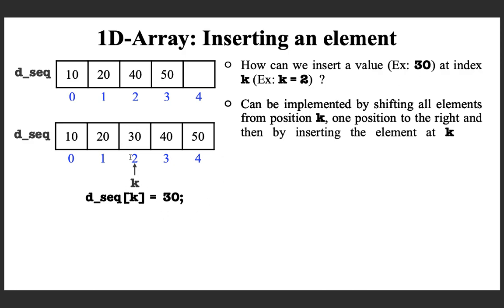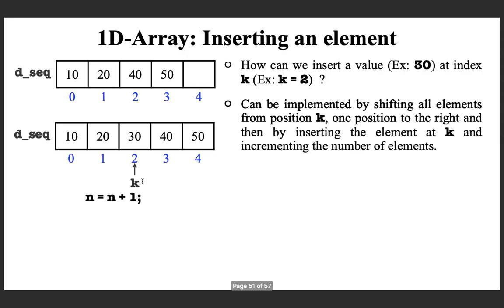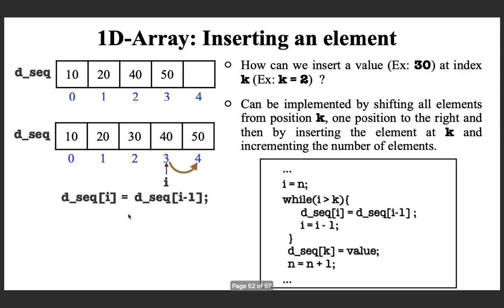So this is how you can insert an element into a single dimensional array. After that, definitely you have to increment the number of elements because you are just inserting one element. So this is what we discussed. Initially you have to start from the index n. Sorry, it should be n minus 1. I am very sorry. This must be,